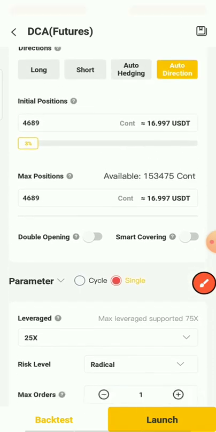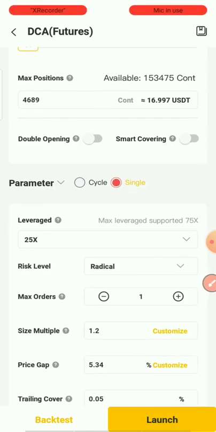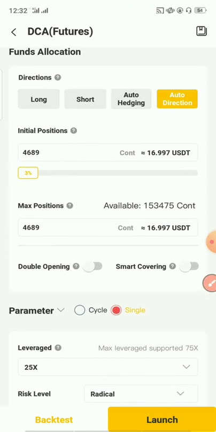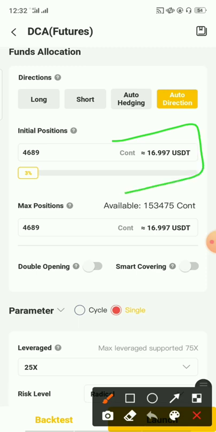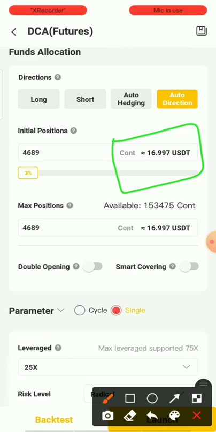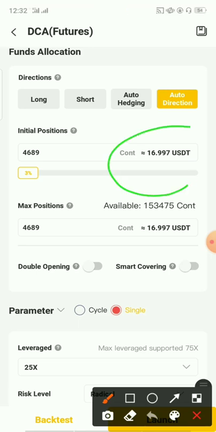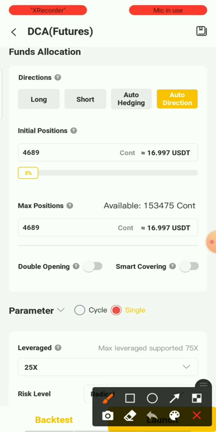And so I scroll up again. Remember, I've taken my leverage to be 25x. So in order for me to make use of this 2S formula, this contract here must give me 50 USDT. Because once I divide that 50 by this 25, I'm going to have 2. That is what we call the 2S formula. So how do I make this place here give me 50 USDT or something close to 50 USDT? It's very simple. The formula I talked about in the 1S formula video is that I will use my initial position